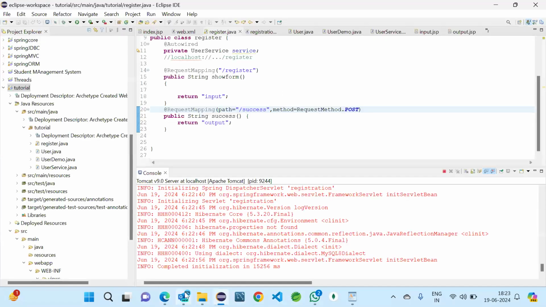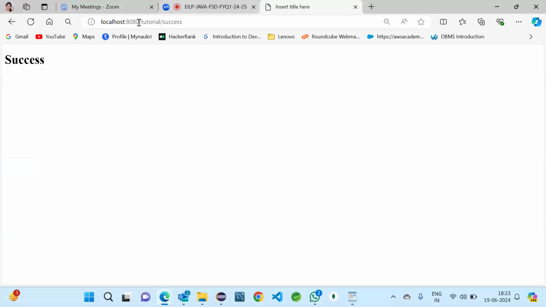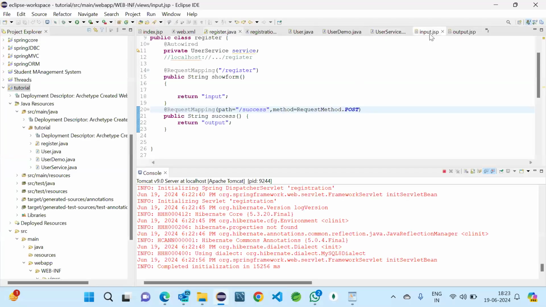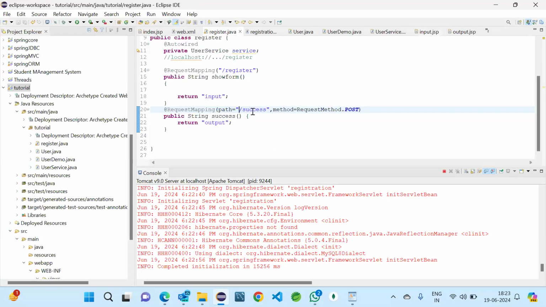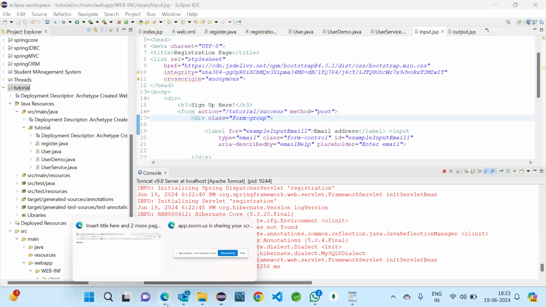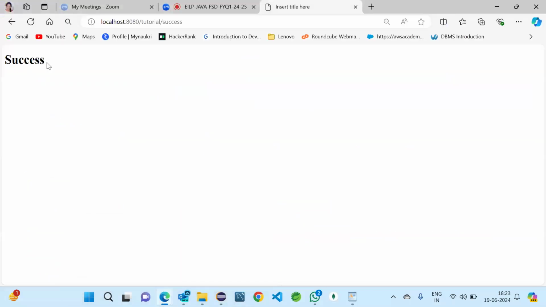Yeah, now we can see the success message from the output. So what is the issue is, when we are taking the path, it is automatically tutorial slash success. But coming to input, we have given only success. So these two are not matching. So here it is tutorial slash success by default. Tutorial we are not giving, but it is taking. By default, we have that structure. Here we haven't passed. That's why the issue till now. So now we can see the output success coming.